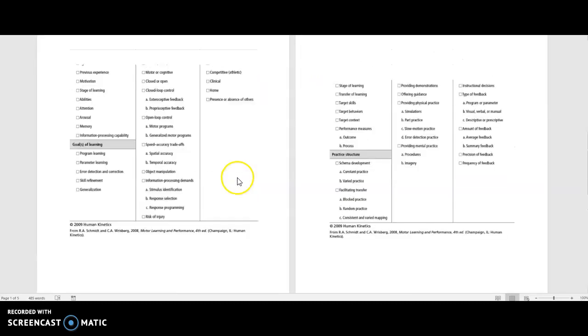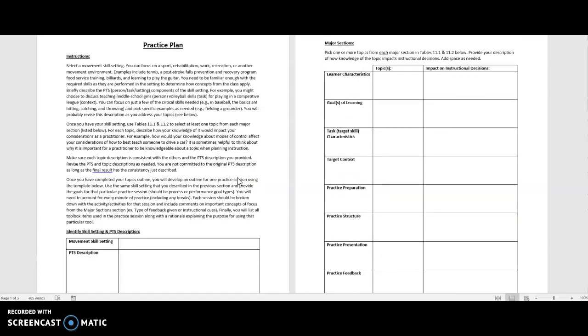practice. So the first part, what you're going to be doing is identifying our person, task, setting. Who are we working with? What tasks are we doing? And what setting are we doing it in? So when you're building this, it's going to behoove you to be as specific as possible. So instead of saying, hey, this is going to be a basketball practice, say this is going to be an early season high school basketball practice, where we're working with freshmen. So being more specific here is going to help you when you're deciding which of these tools to use over